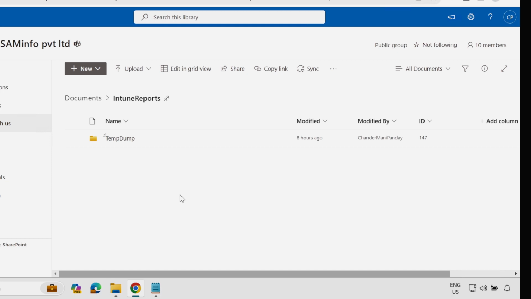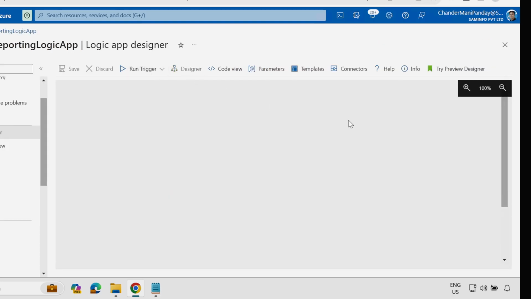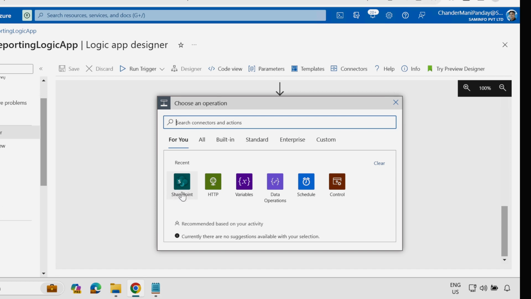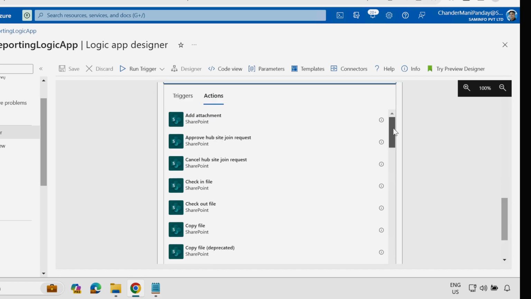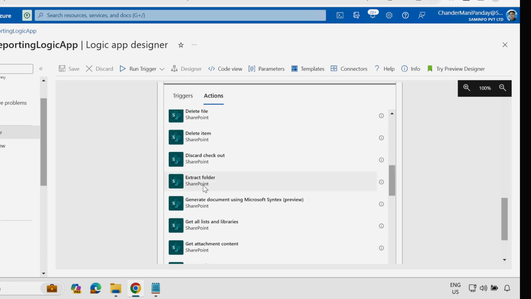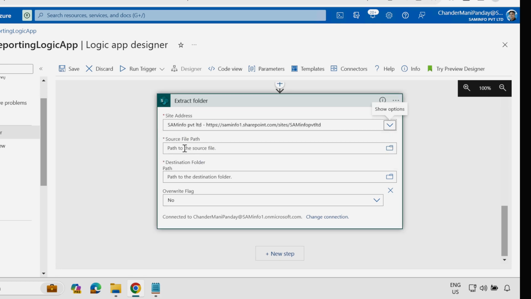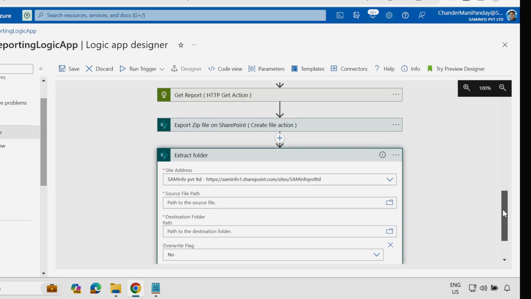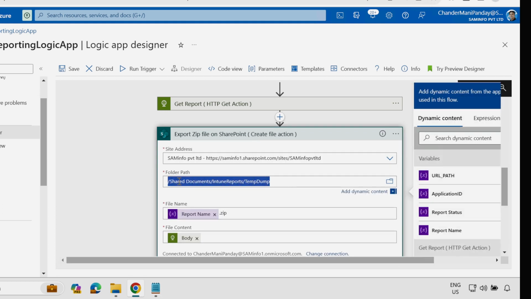Now the next step is to extract this devices.zip file and save it under the Intune report. To do this, I am going to add another step, and again the action is related to SharePoint. I am going to use the SharePoint action called extract folder. In that we have to provide the site address, and then the source file path. In my case, the source file path is the same as the previous step, so I am going to copy this